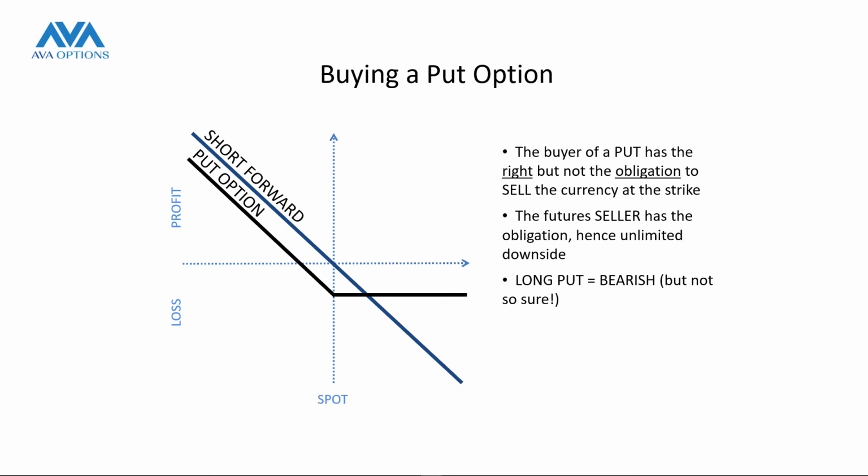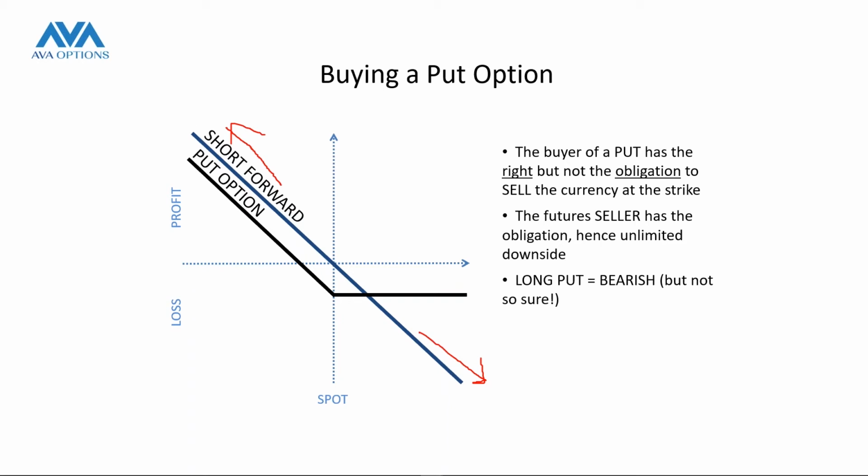Here's a diagram of a put option. A put option is just like a call option, but the other way. We have the right to sell at a known price. So we're going to compare that to selling the asset itself, going short euro-dollar or going short a euro-dollar forward. When you go short the market, it's because you believe the market will go down. If the market goes down, you can have unlimited profits. If the market goes up, you can have unlimited losses if you're wrong. Again, the beauty of an option.